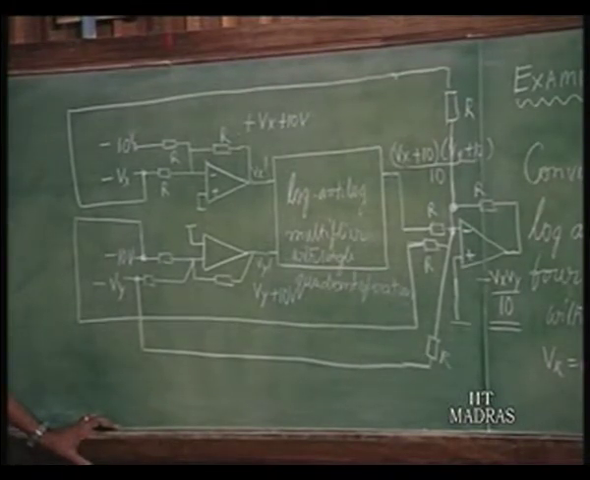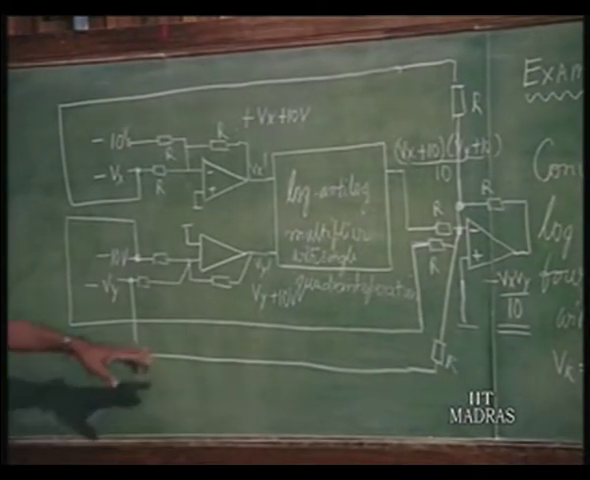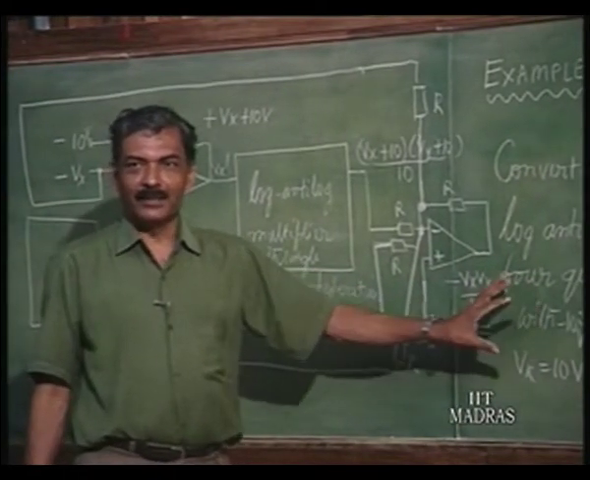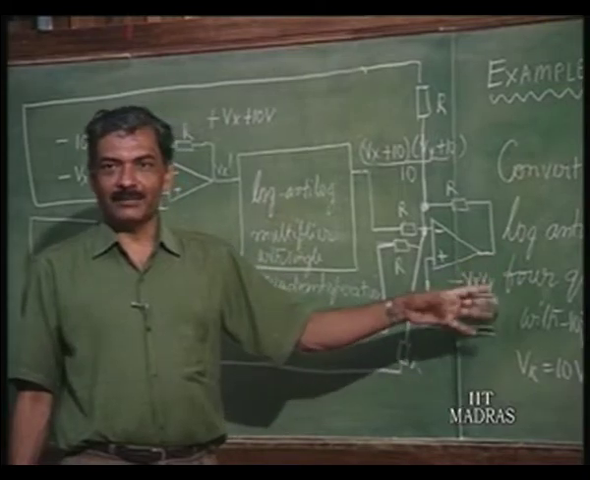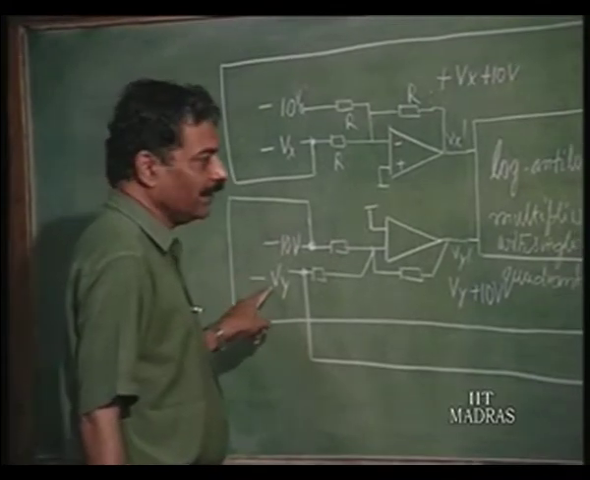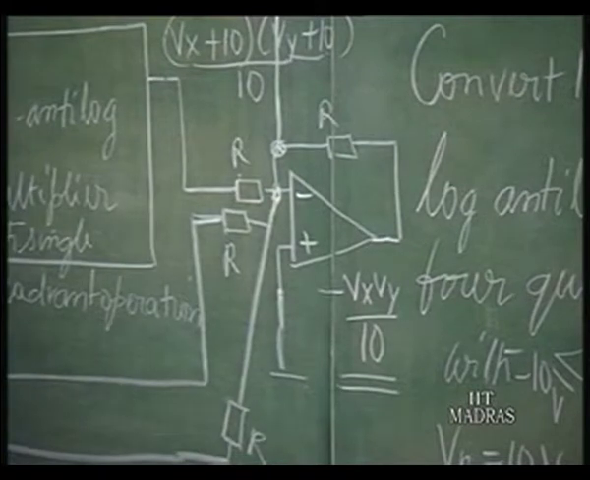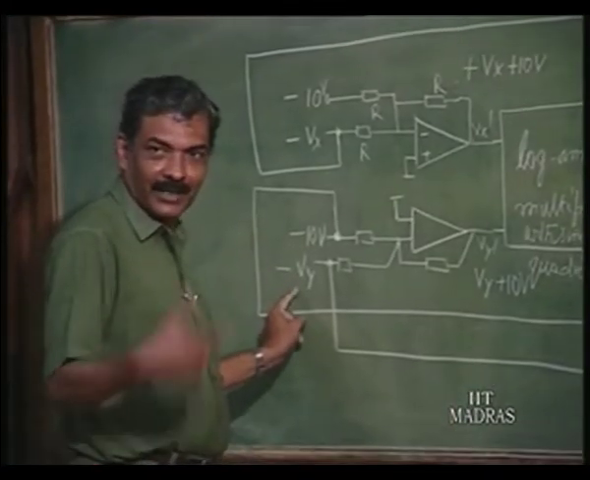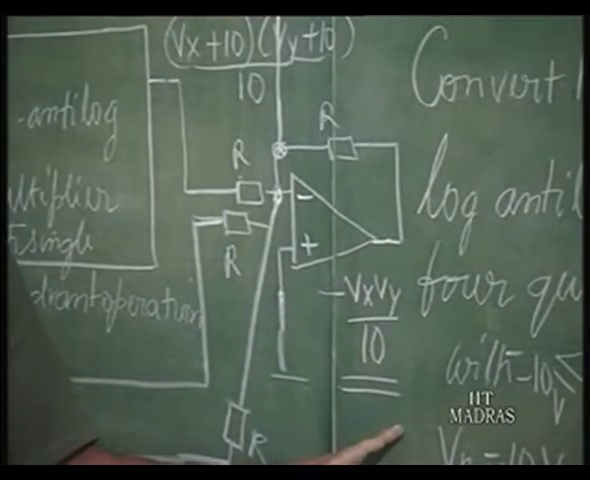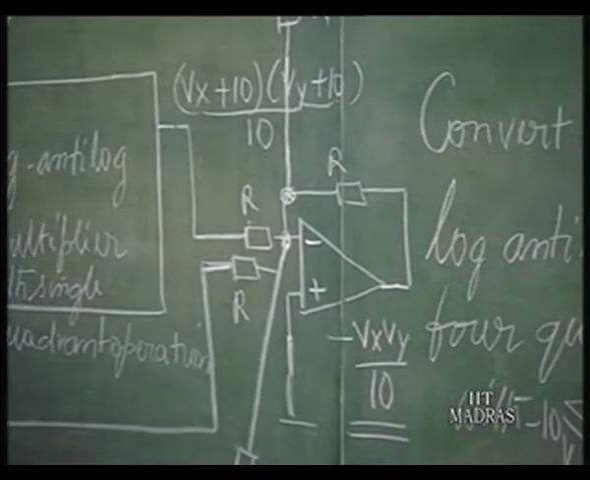If you are not happy with the inversion, you can put another inverter and get rid of that. But that is not needed, because basically it is a 4 quadrant multiplier, whatever be the polarity of Vx and Vy. We have not really given any polarity to Vx and Vy. So, if this is minus Vx and this is minus Vy, this will be minus Vx Vy by 10. Okay. If this is plus Vx and this is plus Vy, then this will still be minus Vx Vy by 10, right. So, it does not make any difference. So, this is a 4 quadrant multiplier, okay,